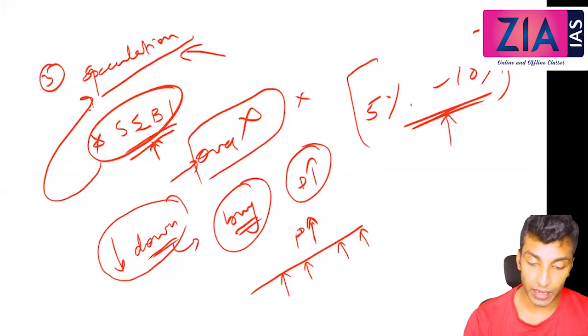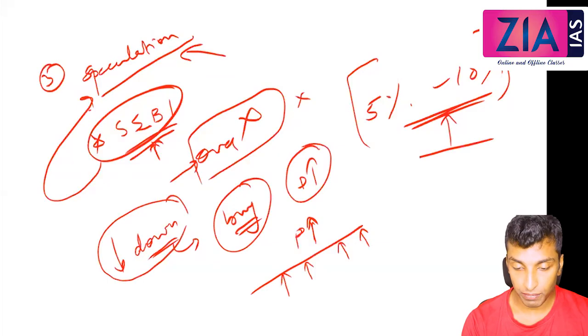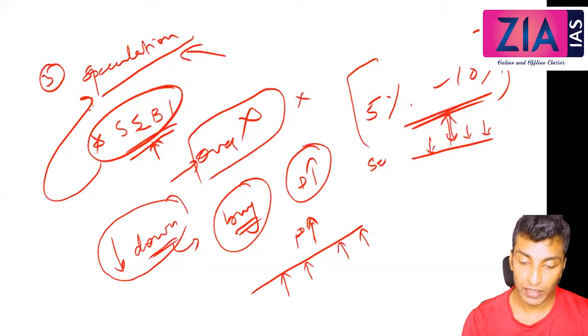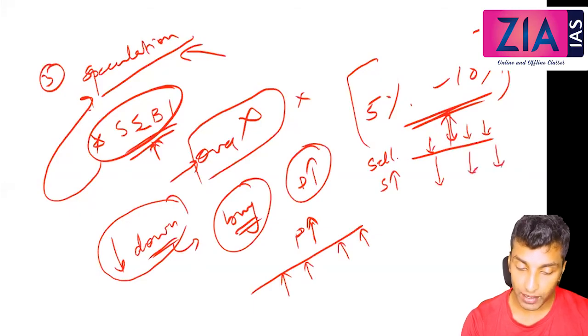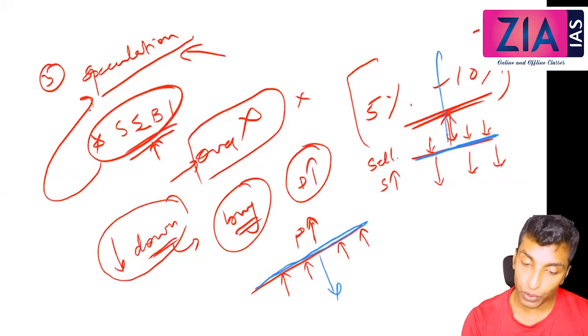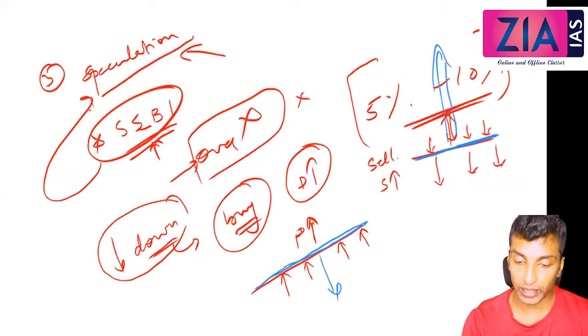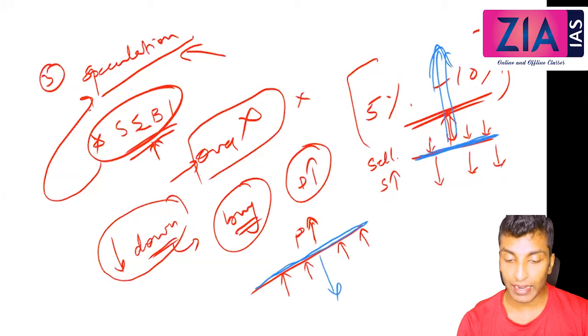Okay. At the same time, price went up. Price reached this point. It is going up. Then what will the speculators do? They will sell. So supply will increase. So what will happen? Price will come down. So speculators in that context will act as a resistance. So here the speculators are acting as a support. If the price is coming down, it won't fall more. Similarly, it won't go skyrocketing. It won't go like this also, because they will act as the resistance.